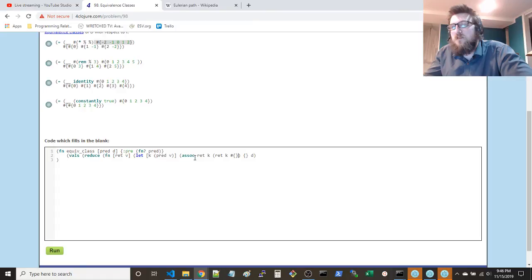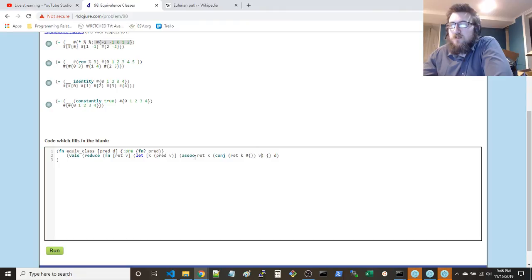And we're going to associate this, we're going to conjoin into this set whatever this value, not the value, but the key itself. No, not the key. Yeah, the value, okay, yeah. I realize that's confusing. So, we get this key, and we say, okay, whatever is already there at ret for that key, get it. If there's nothing there, then we get an empty set.